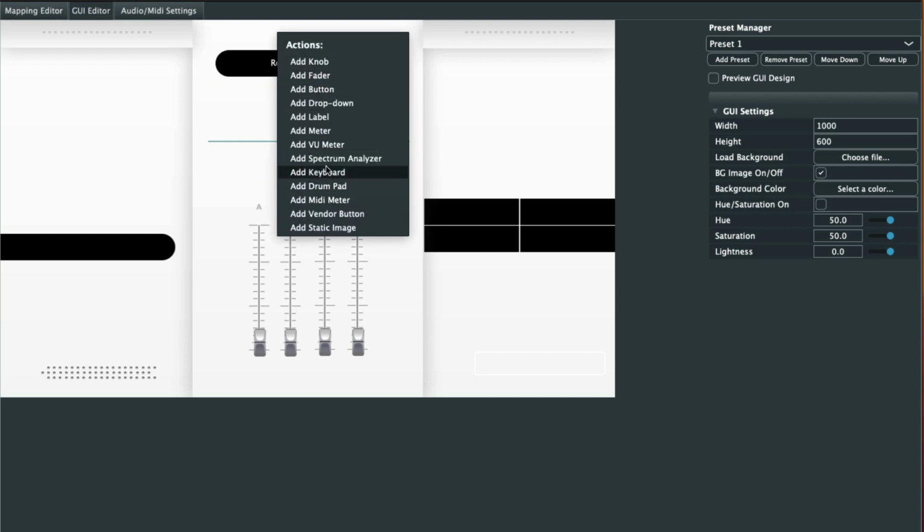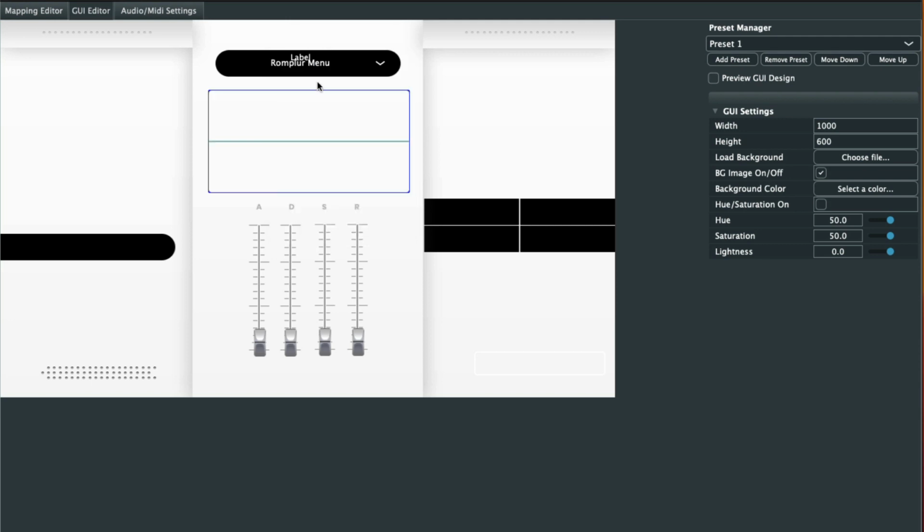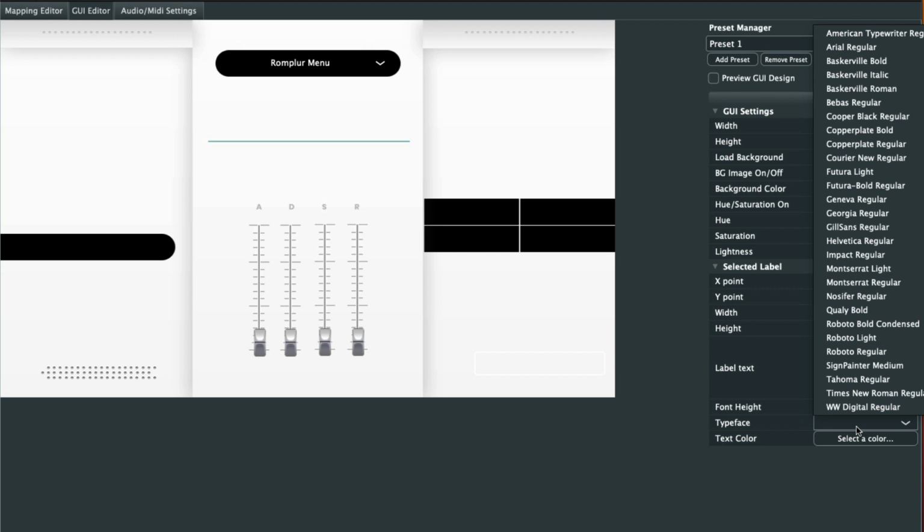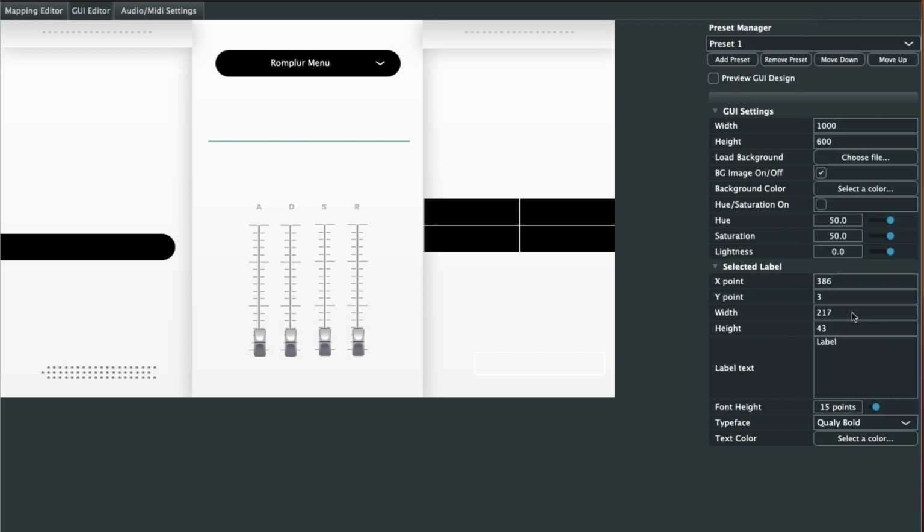And next what we could do is we could add some text. So we can add a label up here. There it is. Stretch this out a little bit more even if we want to, but some text is going to go in there. So we could choose a text style. Let's go ahead for this example. Let's choose this Corally, and then we'll name our plugin